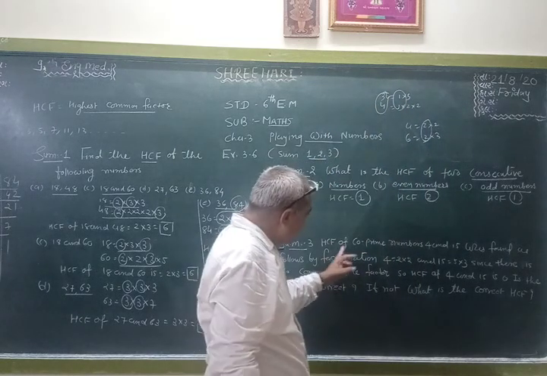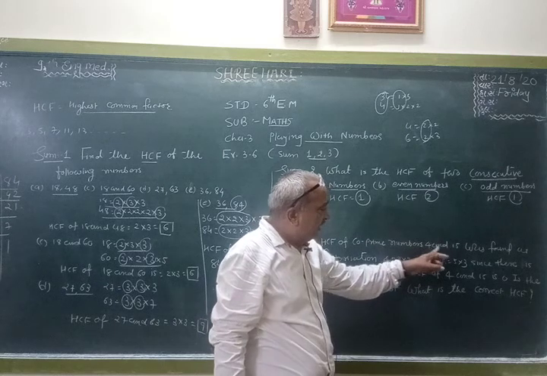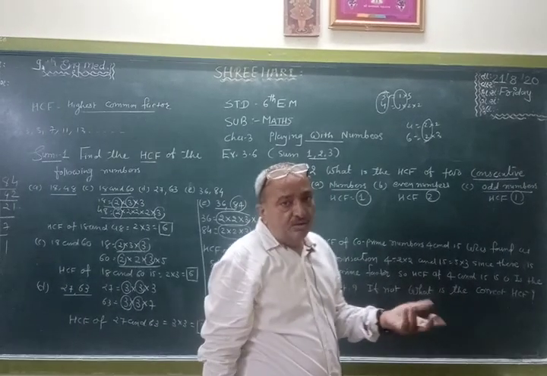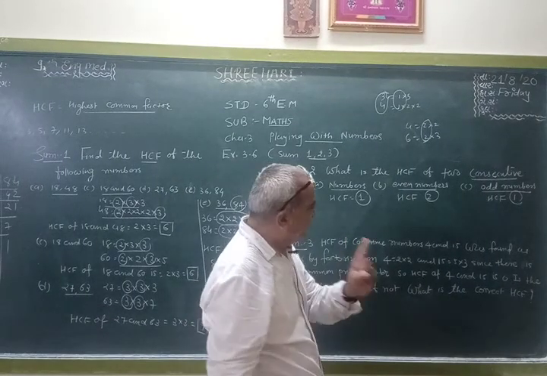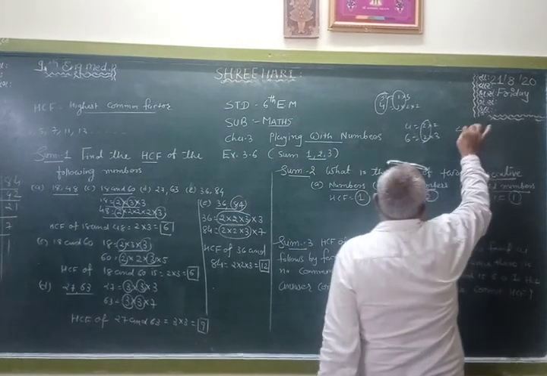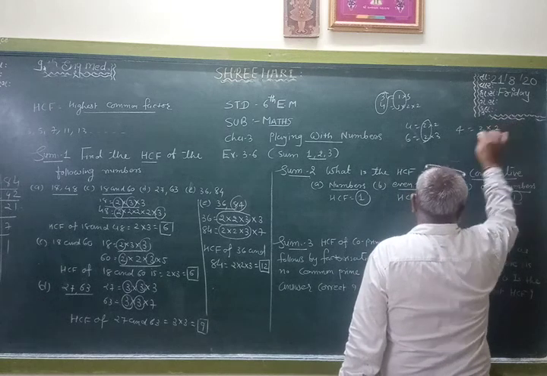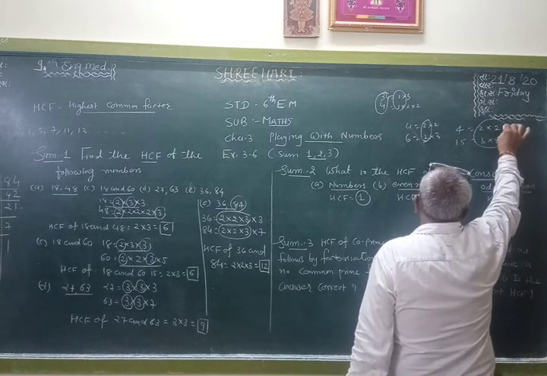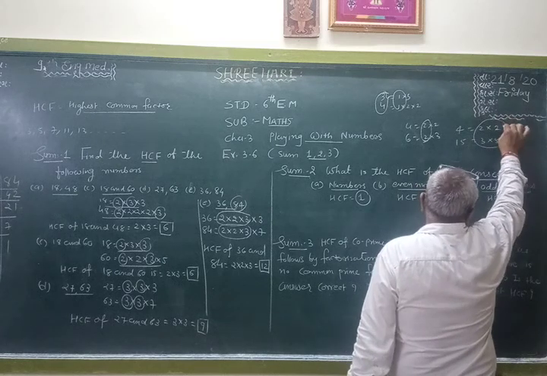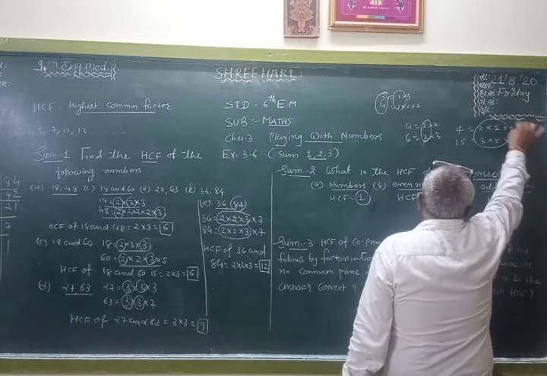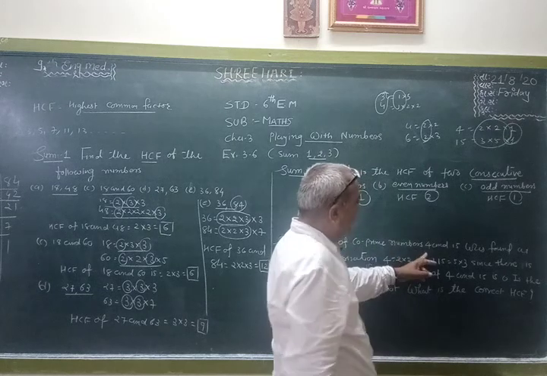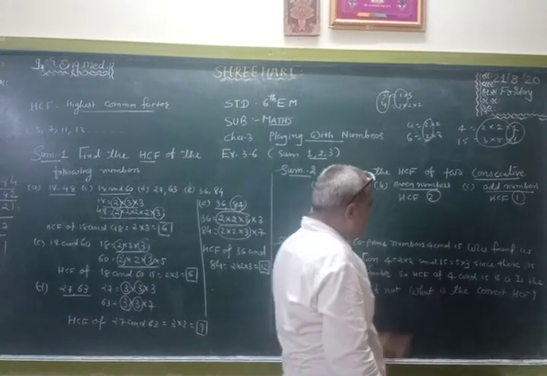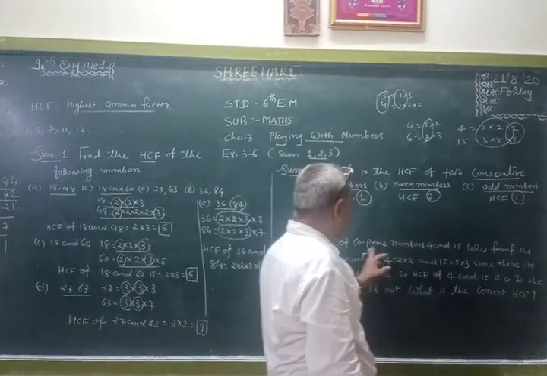So friends, the HCF of co-prime numbers 4 and 15, because 4 and 15 have only one common factor and it is 1. How? 4 is 2 into 2 and 15 is 3 5s are 15, nothing the same, but I told you 1 is every time common. So 4 and 15 have one common factor and it is 1, so both are co-prime numbers.